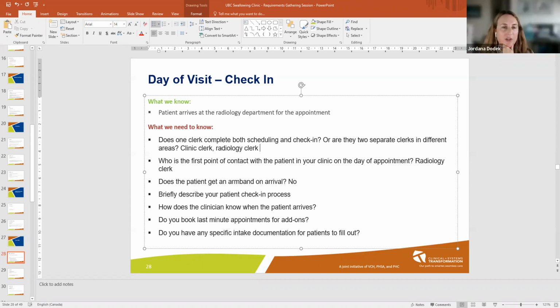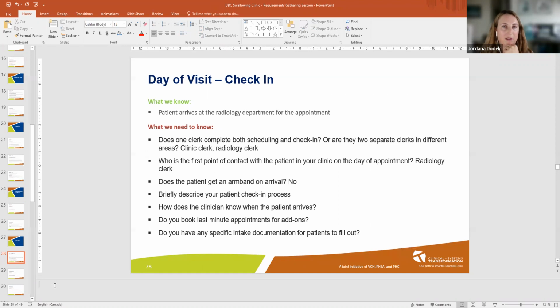Can you just differentiate though? So that's radiology check-in. What about your virtual consults or your telephone? Are you recording those as visits? So Lee thought that Cheryl was entering that, but that's something we need to clarify with the clinic clerk, if she is scheduling them on PCIS. Okay, and do you notify her that you've had a visit, a telephone call? How would she even know to do that? Yeah, the SLP, or if multiple people had seen the patient, yes, they would liaise with the clinic clerk and let her know. Okay, so I think the process is you're letting the clinic clerk know when you have a telephone or virtual visit for check-in. Yeah.